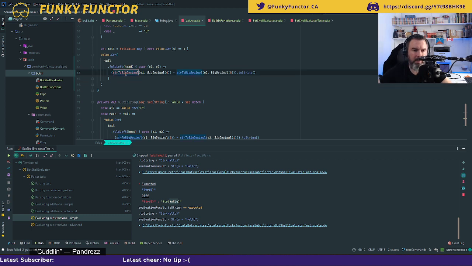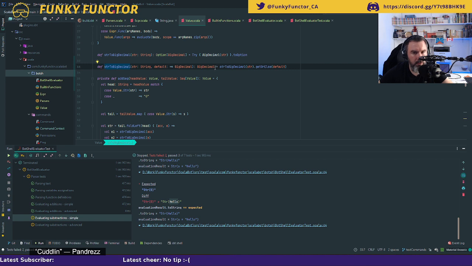What does str to big decimal do? So I try to take my string, cast it to string to decimal, and that gives me a try, which I then cast to an option. And if I am getting a none instead, I will be using the default that I pass here. So I should not be getting hello. Why am I getting hello? I should be getting at least 0. Interesting.